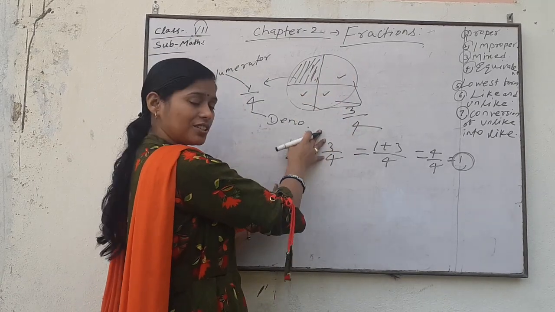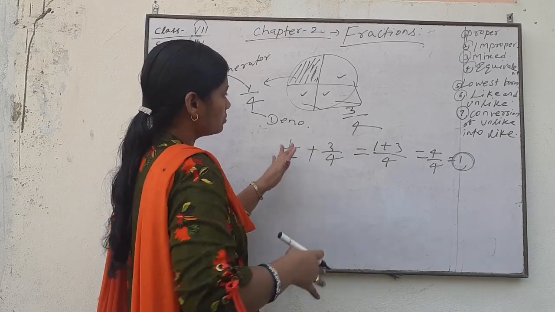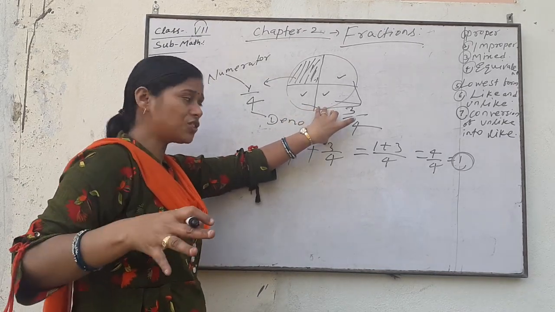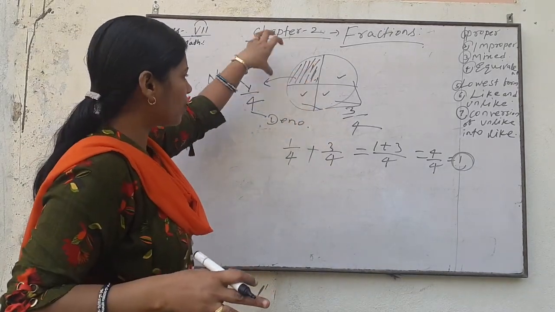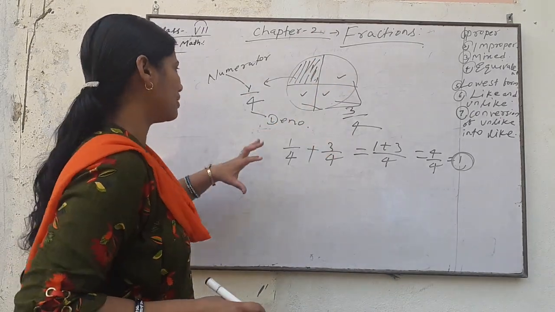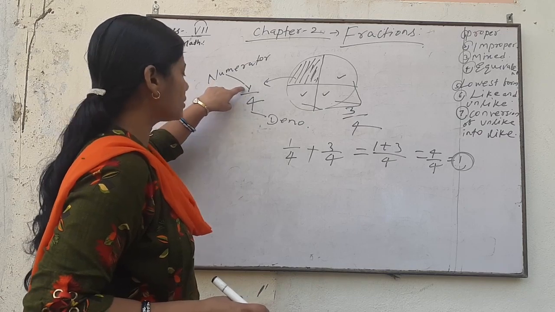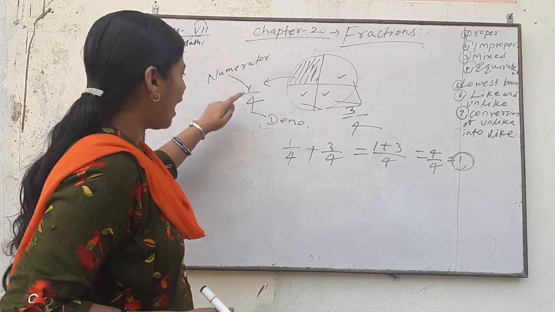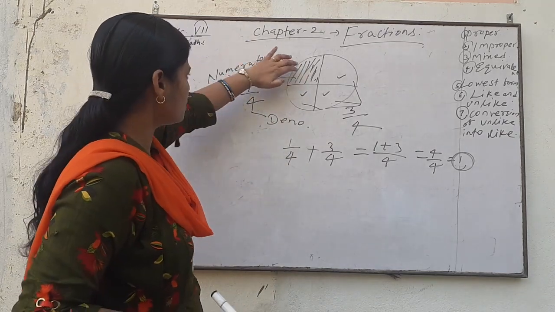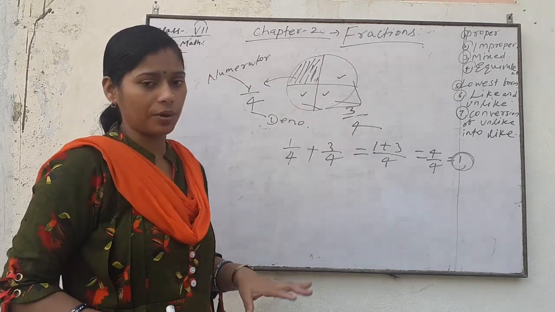Your definition of fraction is, when you cut your whole into some equal parts, then each equal part is the fraction of your given whole. So this is your fraction. And your upper part, this is 1 by 4. So 1 is your numerator and 4 is your denominator. So this is your fraction for your shaded part and this is your fraction for your unshaded part.